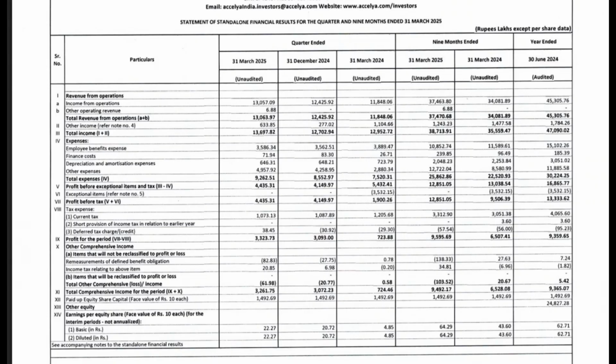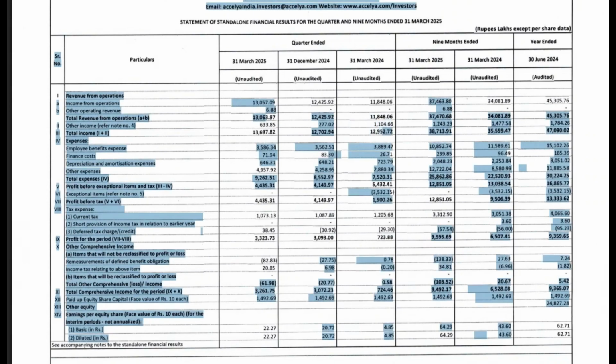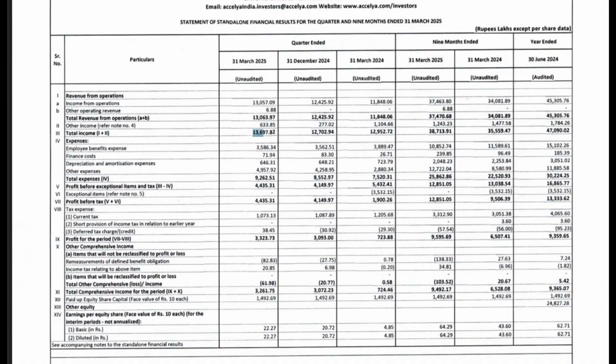This is not a high growth company. This has very specific clients which it serves. It's a software company, but it is in a very specific field, so it doesn't have high growth. But what it does have is a high dividend payout. So again, an increase of 7 crore, which is very little. So this specific quarter doesn't have a high increase, but maybe previous quarters had a higher increase compared to year on year. Last quarter was just 127 crore.